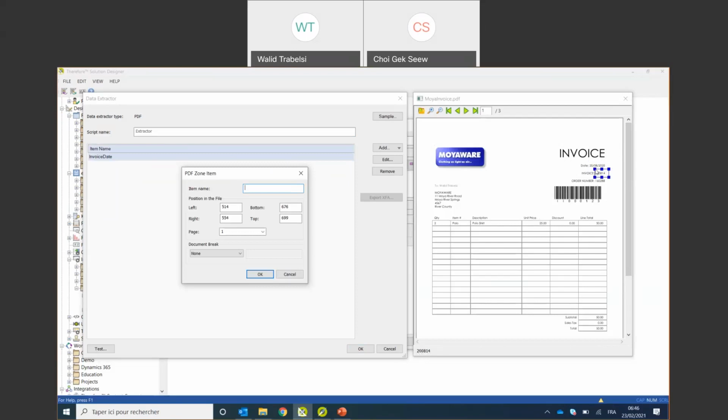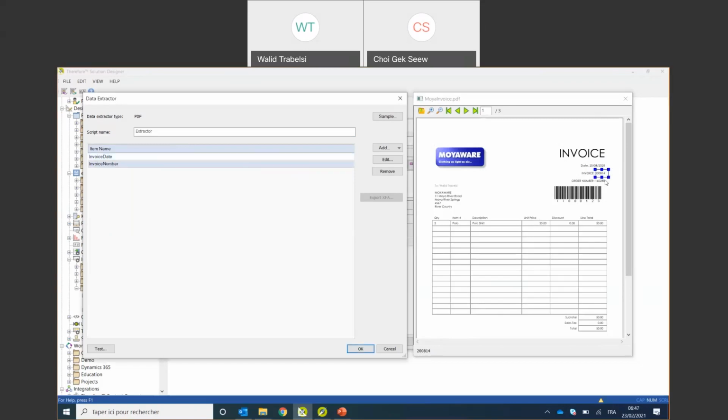And if, for example, I draw a little box here, you see I don't have the information. It means I need to enlarge my box like this, and now I have the information. I have the column, I don't need that, so I will just reduce it a little bit. That's it. And now invoice number,